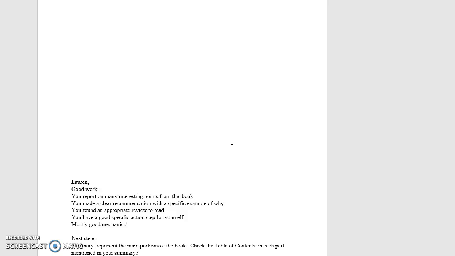And you want the summary to give us the big picture. You don't usually want to give specific quotations in a summary like this. That would go more in your analysis of it in the next paragraph. And you don't want to get bogged down in specific details. So not just like an interesting fact here, an interesting fact there. That again would go in your analysis. Give us the main point.